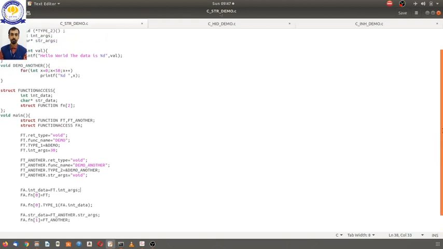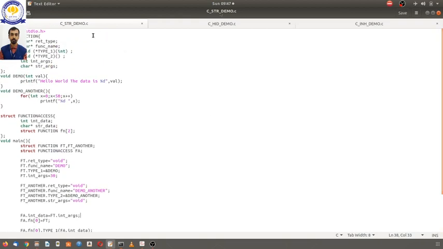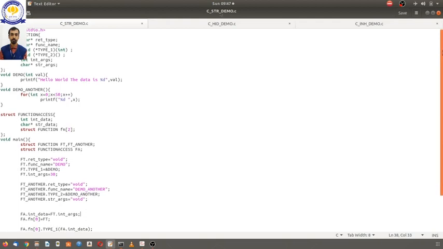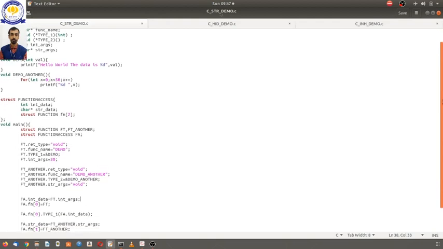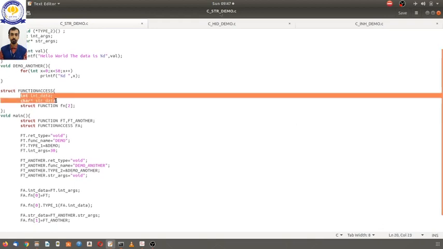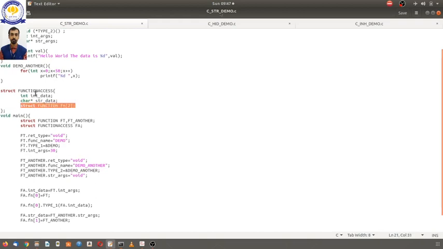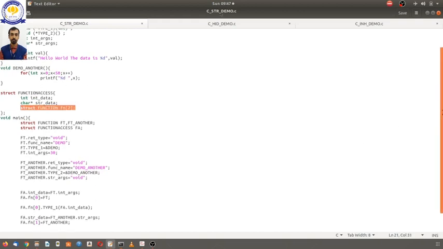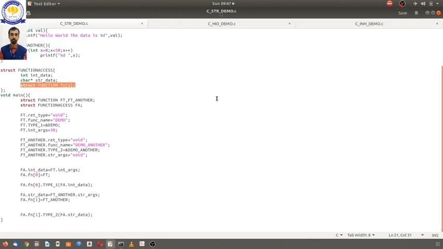So first, let us take a look at one C program. In this particular C program, we have a structure of functions and some data, and some functions that have been bound to this data. Generally our objective is that this function should work on this data, and this data and this function should always exist as one entity.